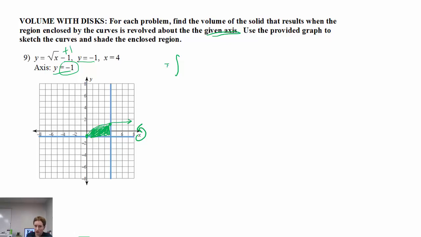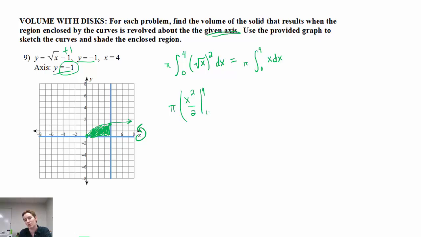So this is going to be pi and the integral from 0 to 4 because we want our x values. And this is the square root of x minus 1 plus 1, which is really just the square root of x. We're going to square that. And since it's the square root of x and we're squaring it, and those are the same kind of power, like x to the 1/2 squared, if I multiply those together I get 1, that means that the square root gets canceled out. So we're really just doing pi, 0 to 4 of x dx, which is pretty easy to do. We power rule,